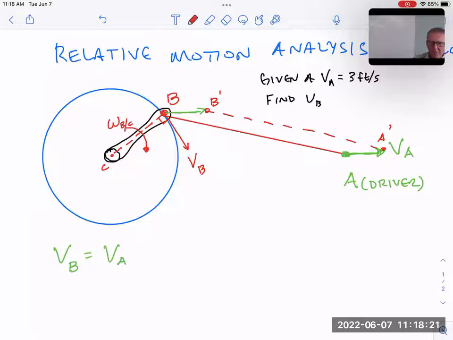So the equal sign that I wrote down there doesn't really make any sense, right? Velocity of B equals velocity of A. What are you talking about? It makes no sense. Well,